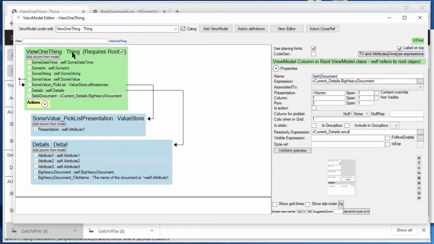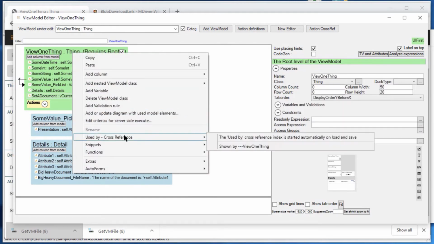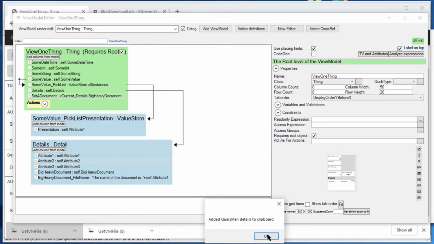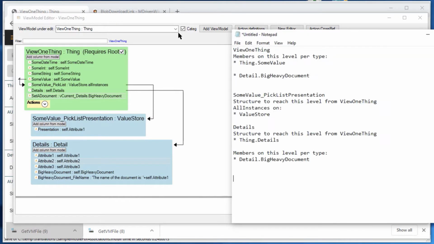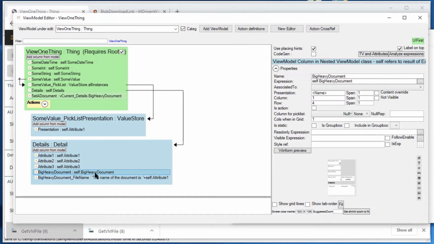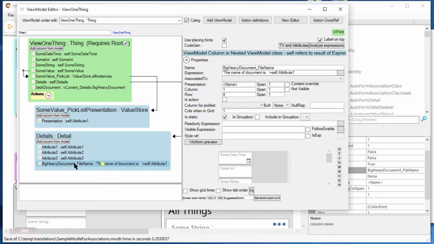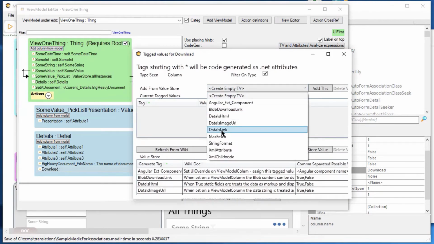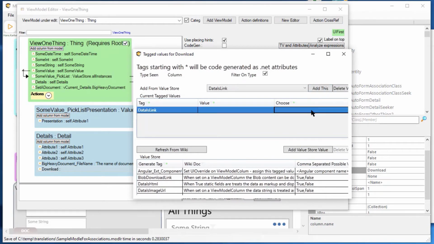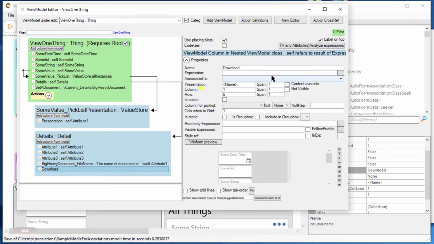So we have this problem that the query plan fetches all the documents, but really up here it's okay, but down here it's not okay. We want to avoid that. If we have like 100 detailed rows, we really don't want this. So I'm going to remove that, and we need to do something else. So let's say that we have the file name as just a text, and then put a download column next to it like this,